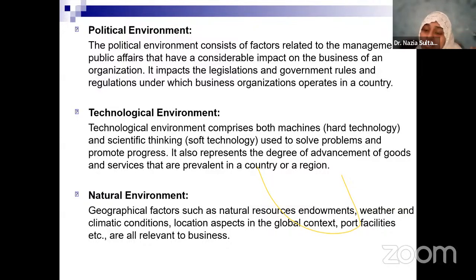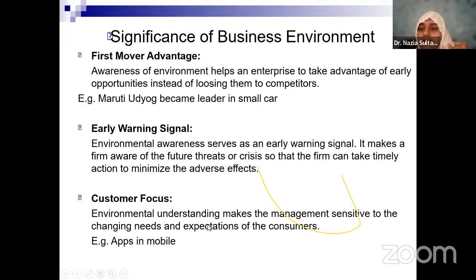So that way, companies are embracing the latest technologies, and consumers are also adopting the technologies which are being developed by the company. Then you have the natural environment. Natural resources that nature has given you. God has bestowed each one of the countries of the world with certain natural environments and natural resources. So managing these natural resources very sensitively to meet the demands of the market, business has to take responsibility related to that.